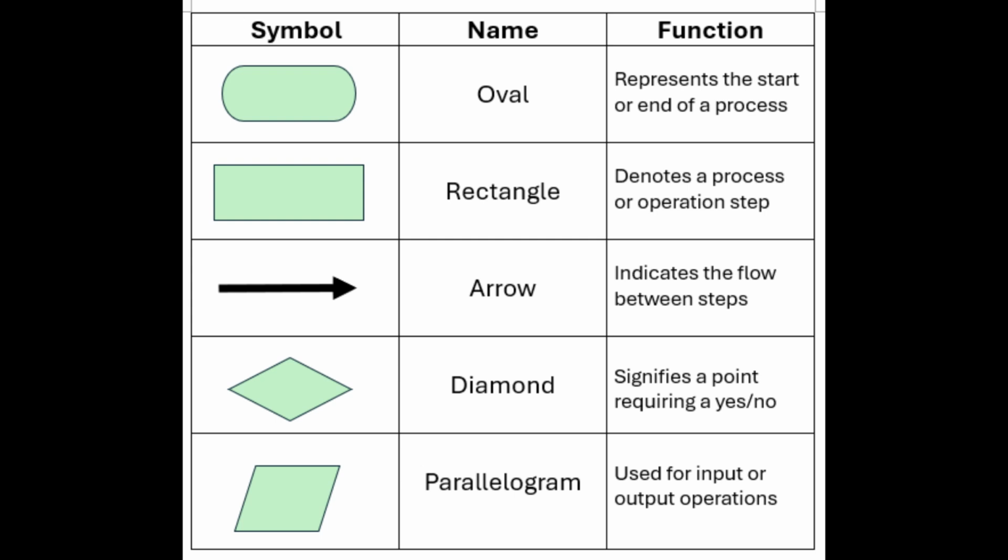A flowchart is a visual representation of a program's logic. It uses shapes like rectangles, diamonds, and arrows to show how a program works step by step. There are some shapes that we will use in our flowcharts. The oval represents the starting or ending